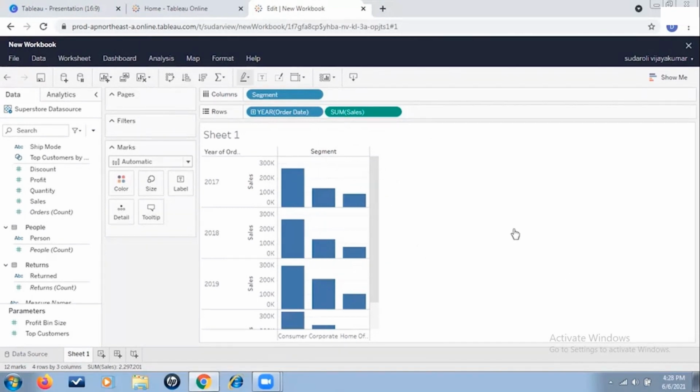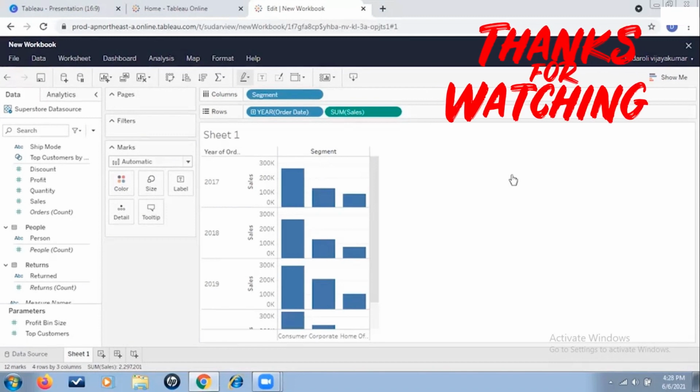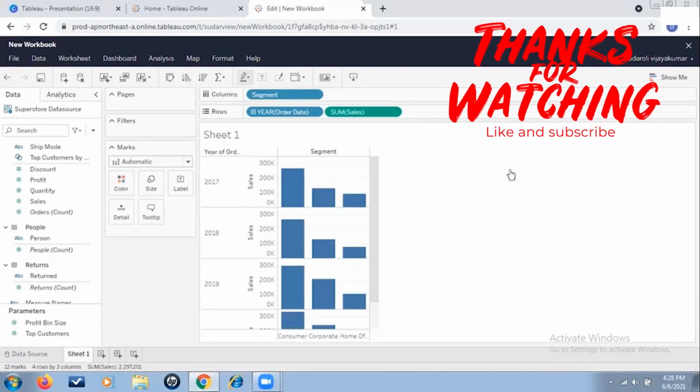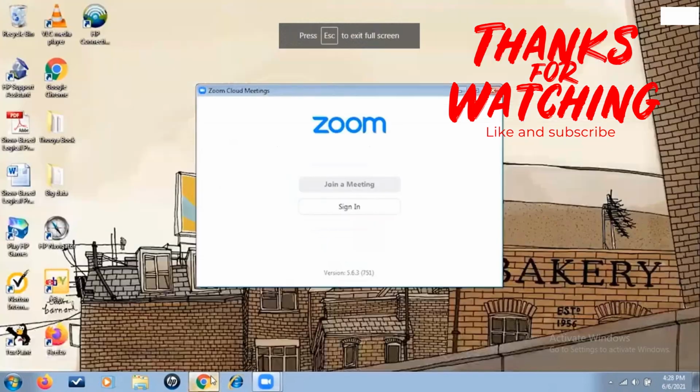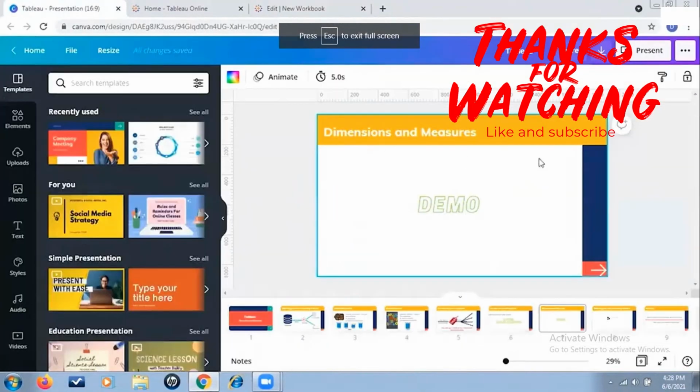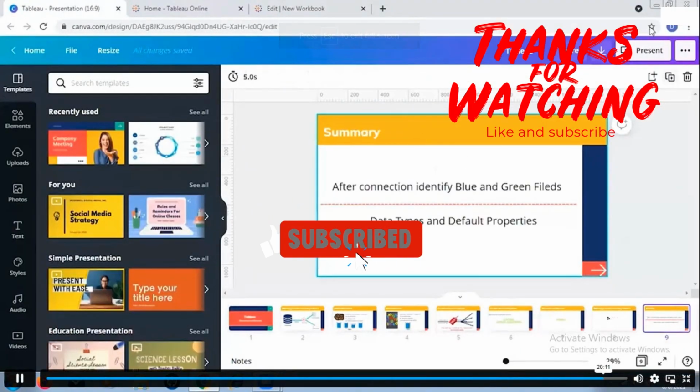Hope you got an idea of the meaning of dimensions and measures. So that's all for this session. And yeah, let me just finish off this session with